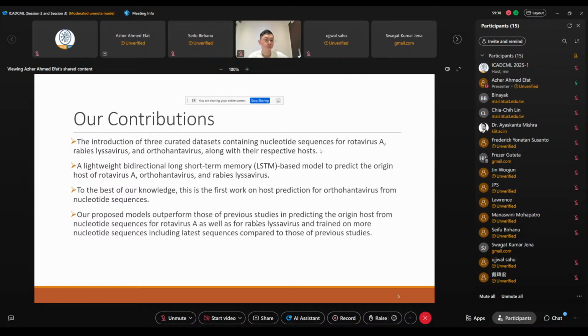So we introduced three curated datasets containing the nucleotide sequences for rotavirus A, rabies lyssavirus, and orthohantavirus, along with their respective host information. Additionally, we also introduced a lightweight bidirectional long short-term memory-based model to predict the origin host of these viruses from their nucleotide sequences. And to the best of our knowledge, our work is the first to predict the host for orthohantavirus from nucleotide